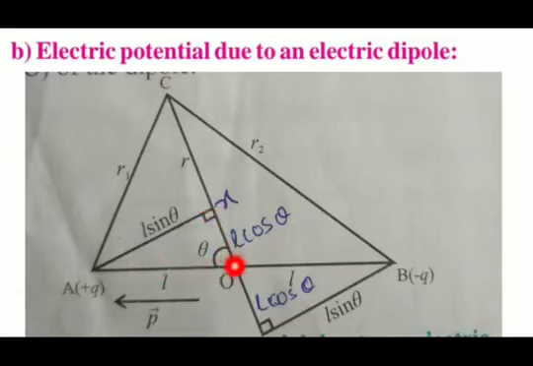So for the adjacent side, if we have to find this part, overall this part is nothing but R. What about this part? We don't know, so we can find it. This is the adjacent side, this is the hypotenuse L, and this is theta. So which component will be here? Since this is the adjacent side, we will have cos theta, and as the hypotenuse is L, we will have L cos theta here. Similarly, opposite to this we will have sin theta, so as this is L cos theta, this will be L sin theta.